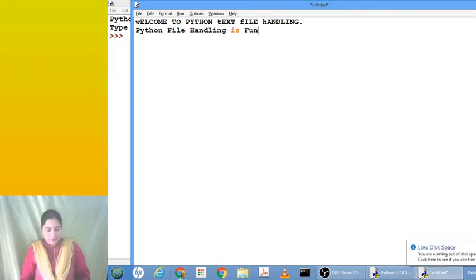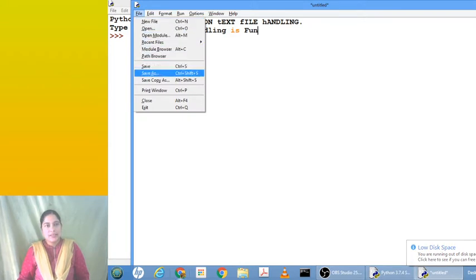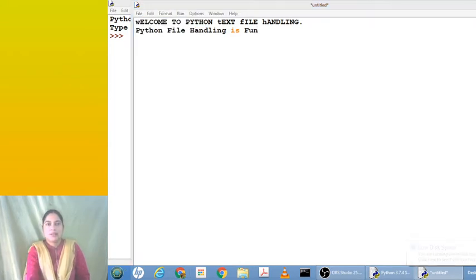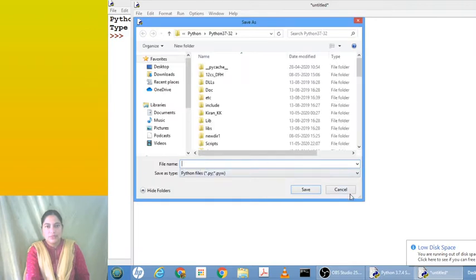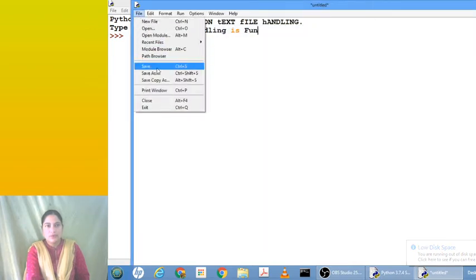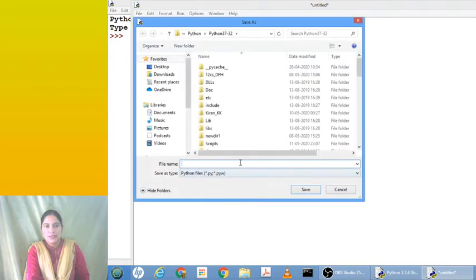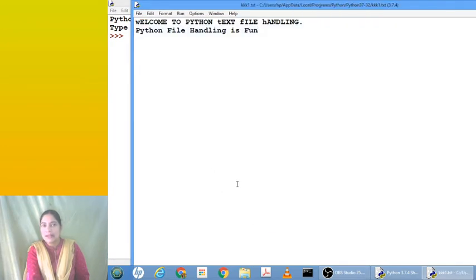Okay, so now let me save this file as a text file. Save as or save. When you are saving it, it will ask you for the format. Here you can see the file name, for example kkk1.txt that I am using here. What is the file extension? Text file. Even if you do not give .txt, if you select text files in the save as type, then automatically it will be created. Where will it be created? It will be created in the current working directory.